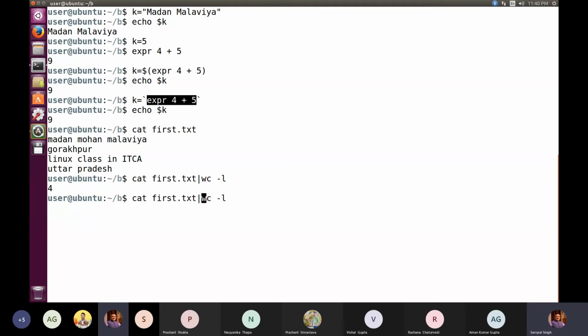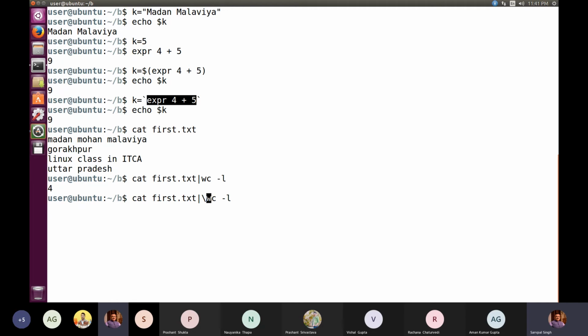As I just told you in that example, suppose we have to type a total of 100 commands by using pipeline and different kinds of meta characters, and we have reached the 90th command. Now my problem is if I press enter, whatever I have typed so far will be executed. So in that case, after the 90th command, I can make use of this backslash.